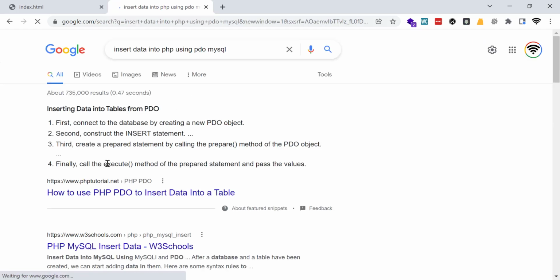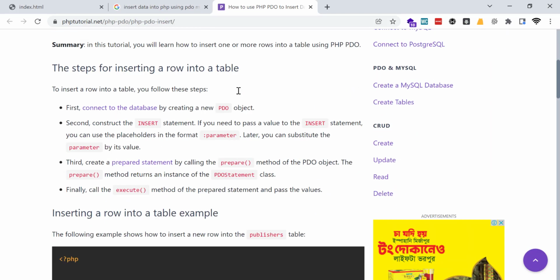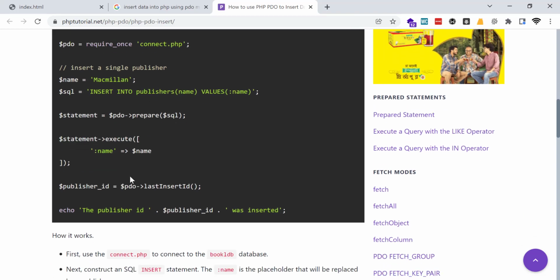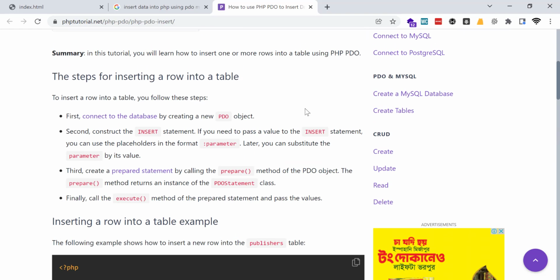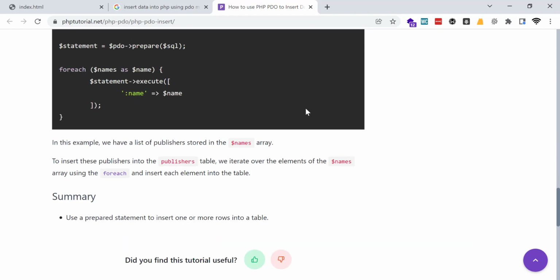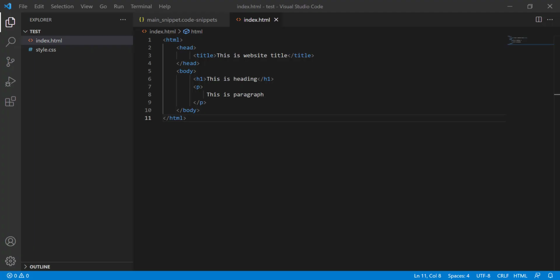Okay, I am going to take some sample code. Suppose these lines of code. Okay, so if I create a PHP file here under the test,